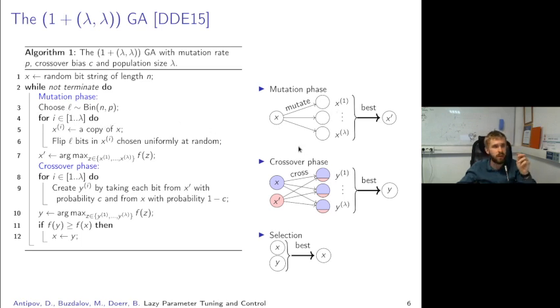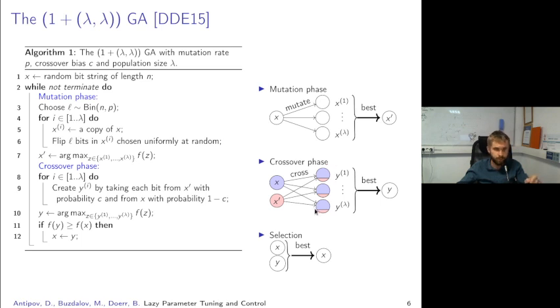So this is something like performing a standard bit mutation with mutation rate p, but conditional that all offspring must have the same distance from their parent. And then we choose the best of them as the mutation winner x dash. In the crossover phase, we take x and x dash and apply a biased crossover to them and create another